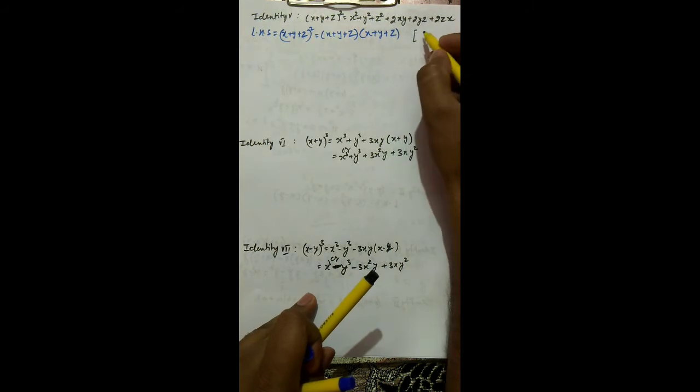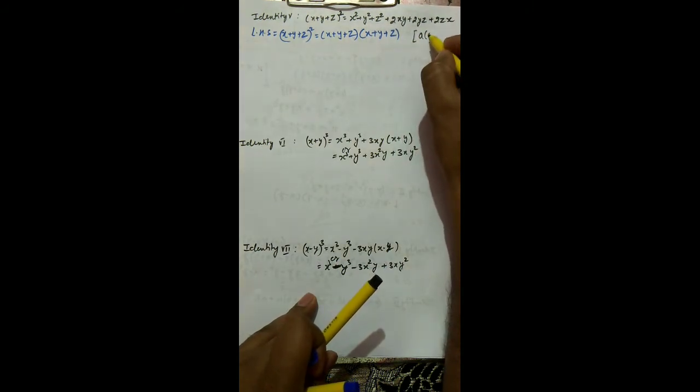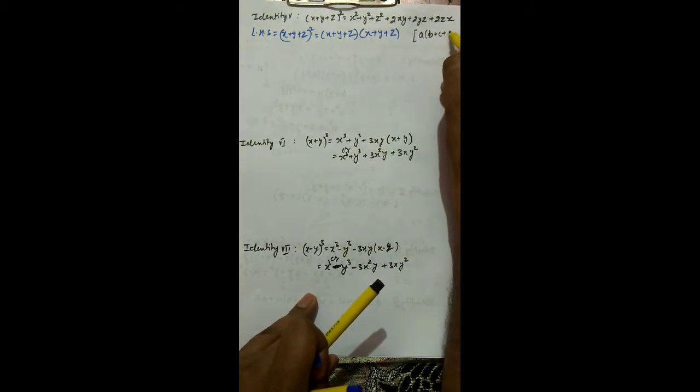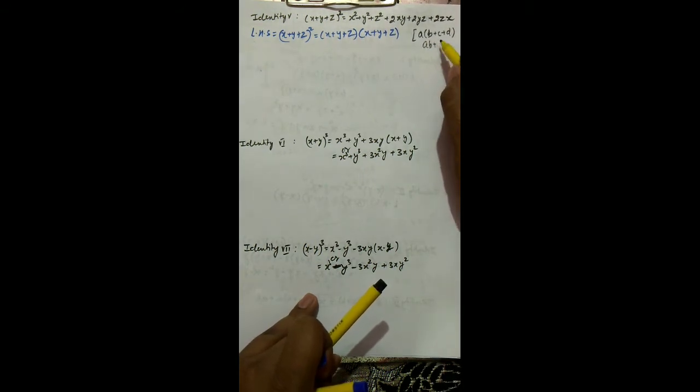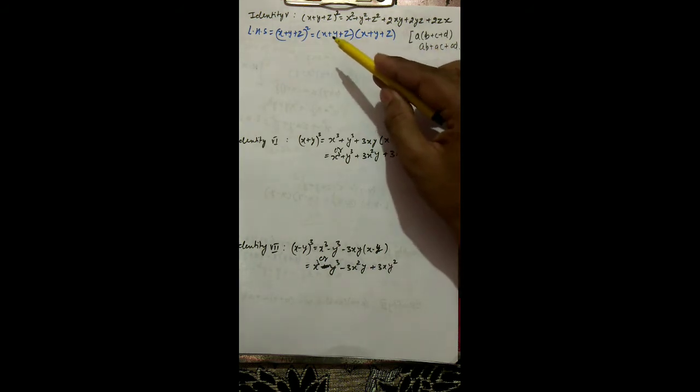So if it is, I'm just writing this in the corner with the help of this black pen. You can see this: if it is a bracket, this is b plus c plus d. So how do you open this? This is ab plus ac plus ad. This is how we open the bracket if it is like this. So a similar approach we are going to follow here also.